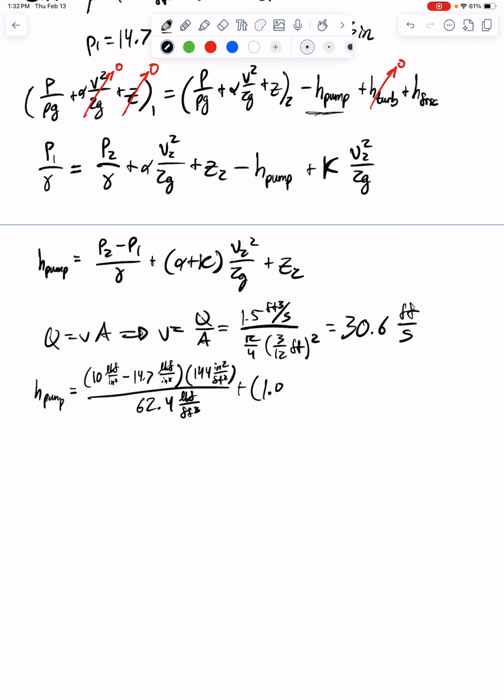So 1.07 plus 7.5 times V2 squared, 30.6 feet per second squared, divide by 2g's. For BG units, acceleration of gravity is 32.2, plus 20 feet for the difference in height. Therefore, H pump is equal to